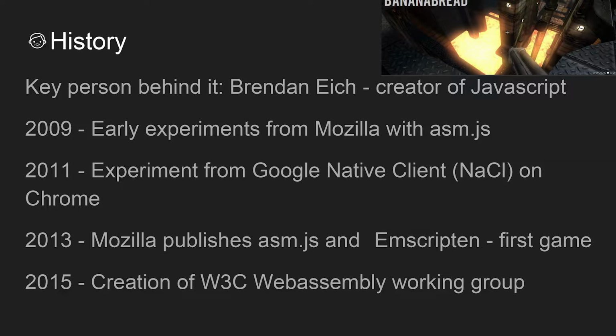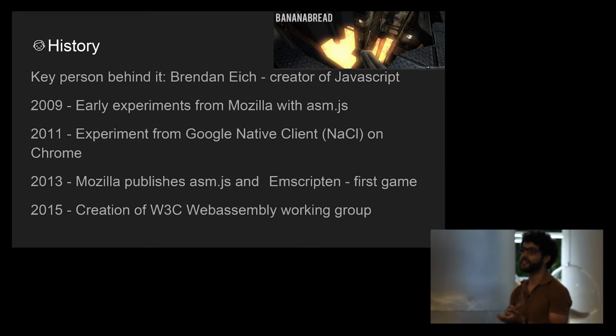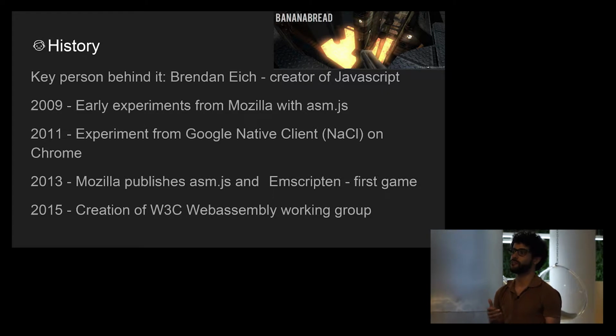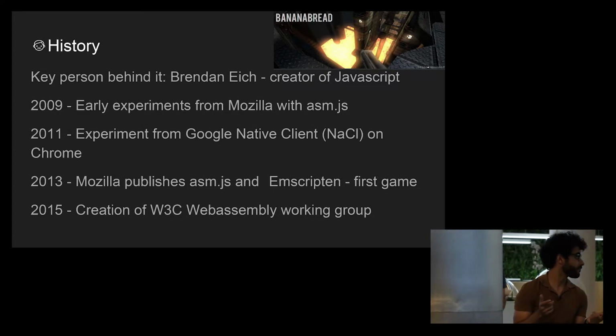Then Google came in with Chrome, and they tried to create this new, it's not actually a plugin system, but at the time it was seen as one. It was NaCl. They created all the security primitives, networking primitives for it, but it didn't work out as they wanted to, because no other browser tried to use it.